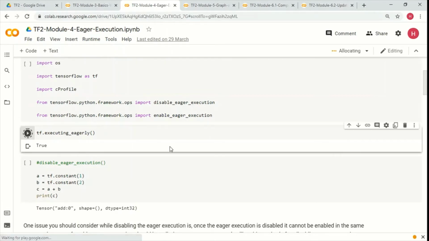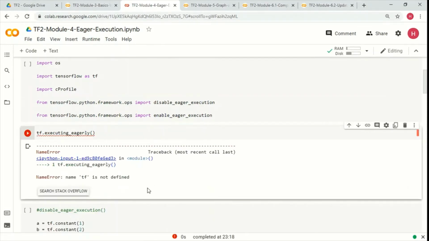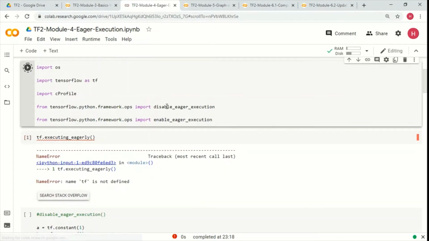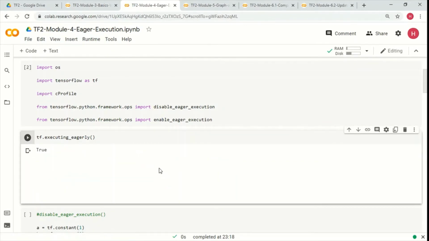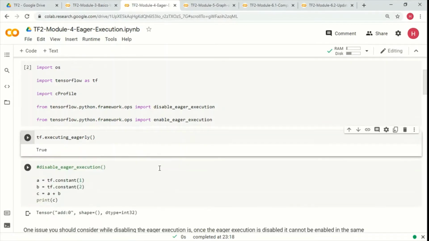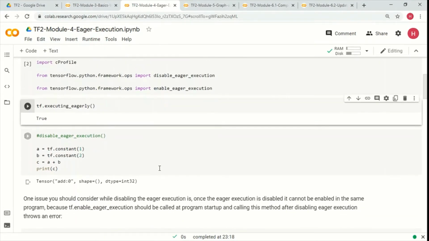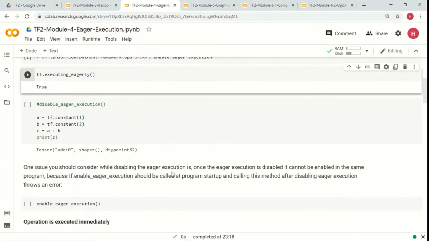So let's try to execute this and see what we are getting. So by default, okay, we had not imported tf, so let's first import it and then execute this. So it is true, so it is executing in eager mode, right?